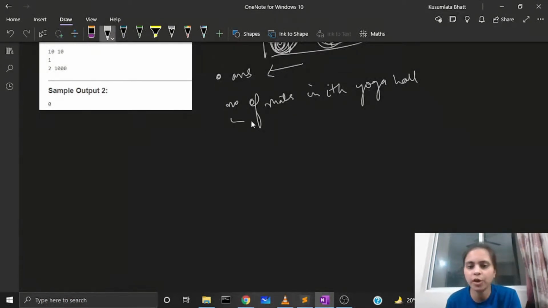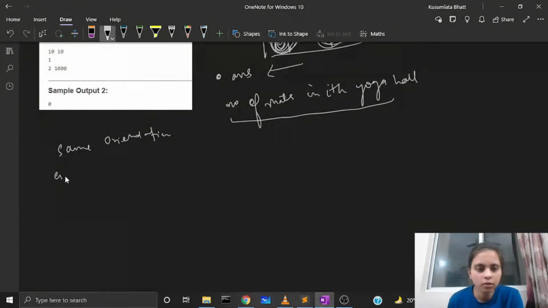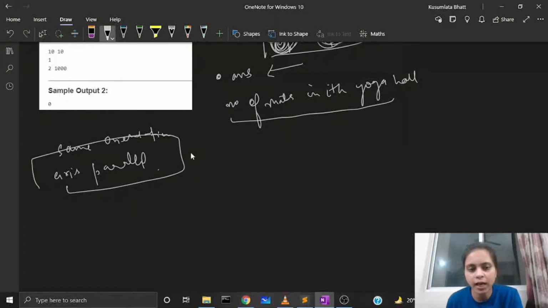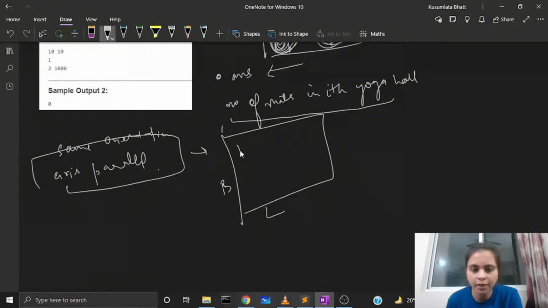So up to this point we know that all our yoga halls are independent and we have to keep the yoga mats from one of the corners, which will be optimal for us. The other thing is we have to keep the mats in the same orientation and in an axis parallel manner. So by this we know that we can have only two types of orientation. If we have a room of capital L by capital B, then we can